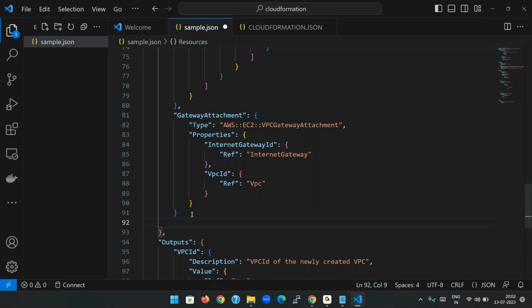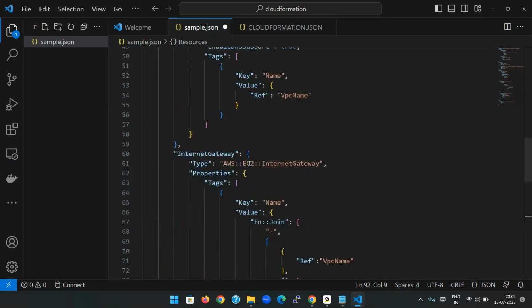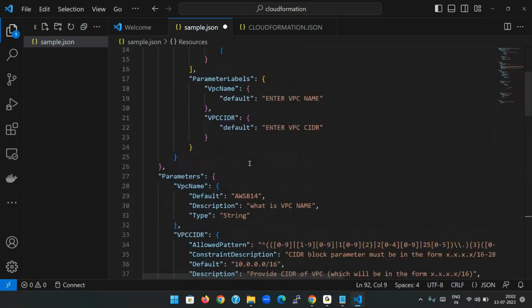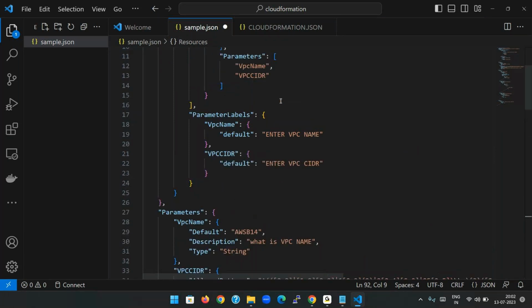So if I want to configure the public subnets, or if I want to create a subnet, how can I create them? First of all, we need to mention the CIDR for the public subnets. Whatever values we need to provide, we need to apply them here. So what I can do here is simply go for the